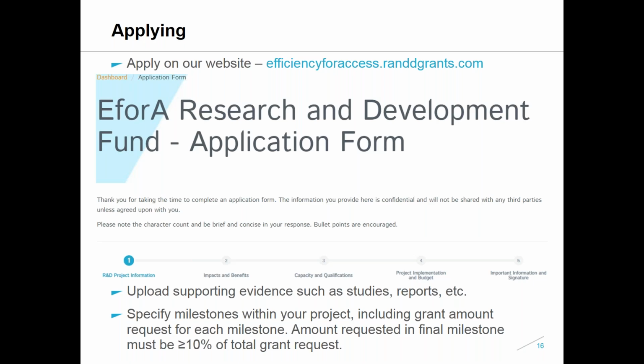Under section 4, project implementation and budget, applicants will be required to specify individual milestones within the project timeline that are key deliverables that will contribute to the overall project objective. For each milestone, you'll be required to detail the amount of grant funding requested, as well as the match funding for each milestone. The amount requested in the final milestone must be equal to or greater than 10% of the